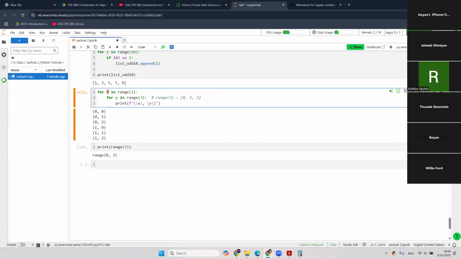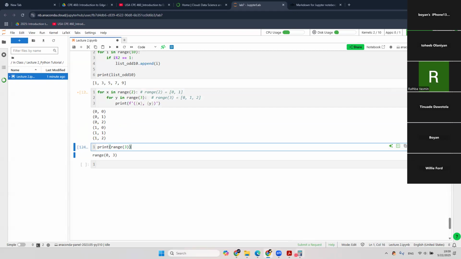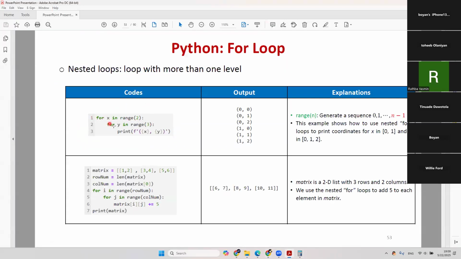Then I will go back to the x for loop. And hence here is range 2, equal to 0 and 1. And hence now my x equals 1, and then I will do y in range 3 again, y equals 0, y equals 1, y equals 2, and hence this is the result. So this is more than one level of for loop. This is called nested for loops. And similar things, I can use this to play